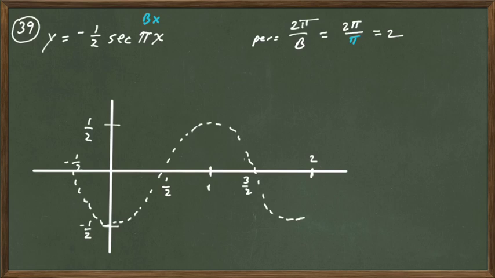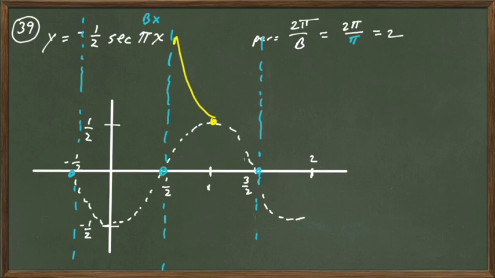Now wherever those hit the axes, it creates vertical asymptotes. And the actual curve is going to come off of the cosine wave and approach these asymptotes. So this would be 0, -1/2. This would be 1,